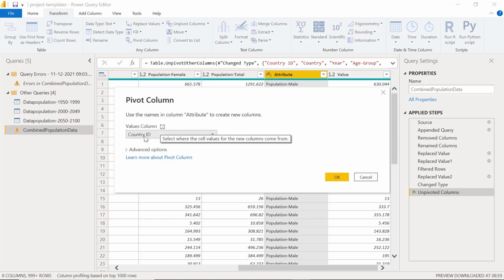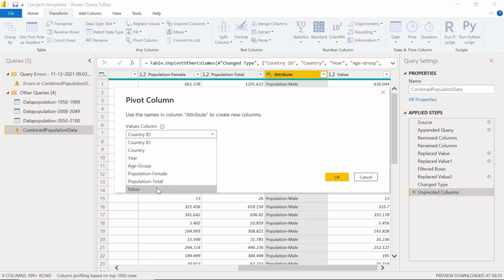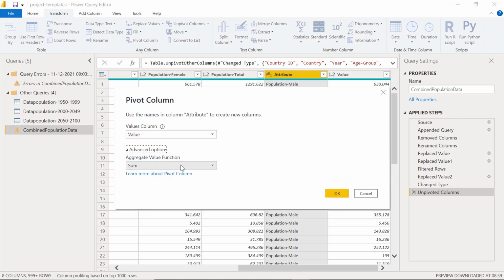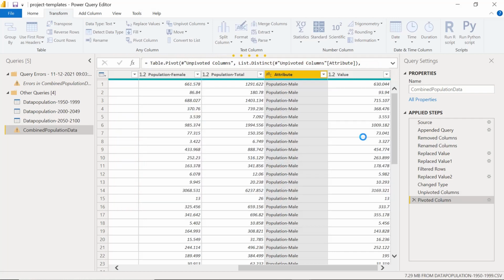It will ask us to select the respective value column, because we need that. So we can select value, and there are some advanced options such as aggregation value function. We will use sum now, but we will see these aggregation functions in detail later. Just click on OK. Then you can see there is a step applied as pivoted column, and it brings our data back to its original state.